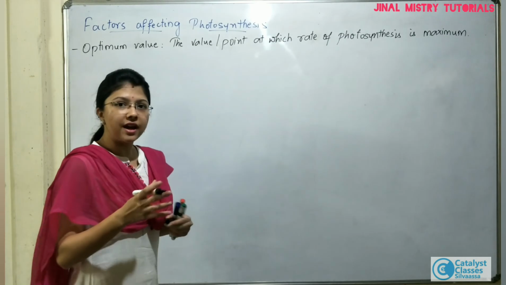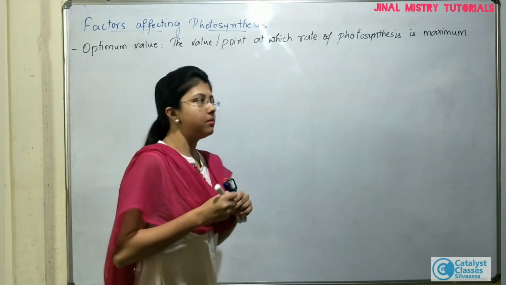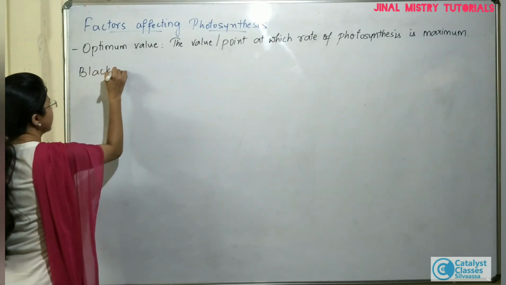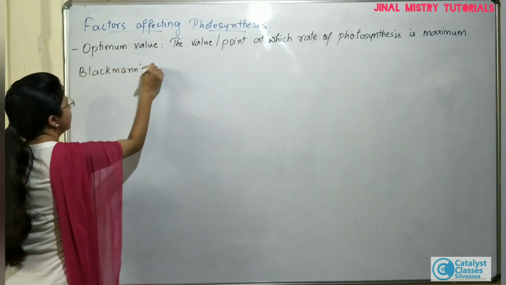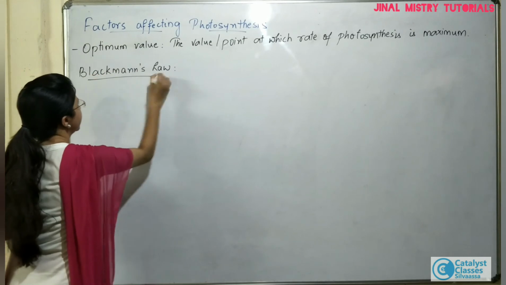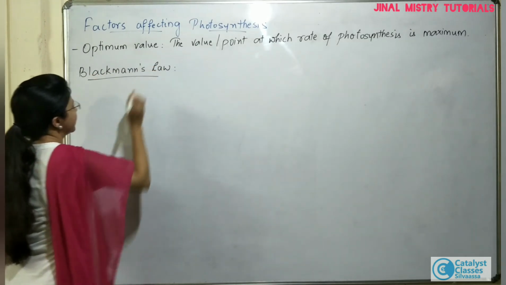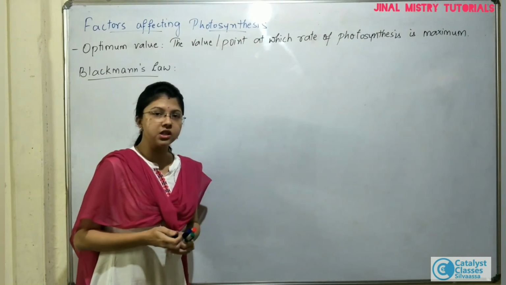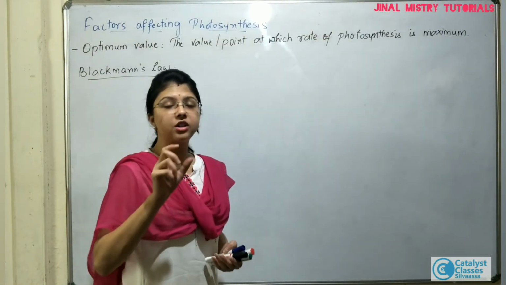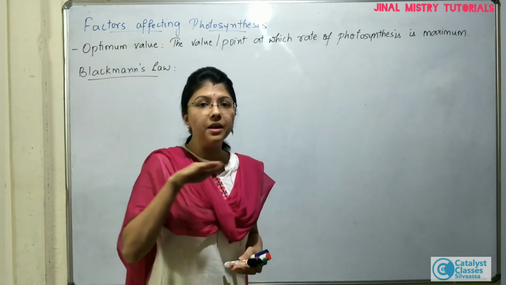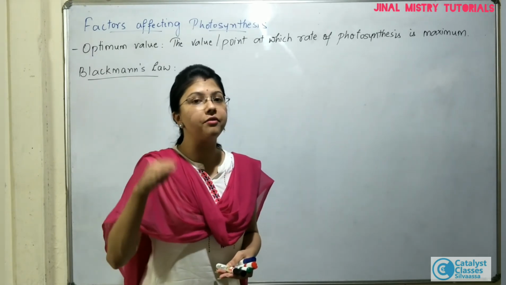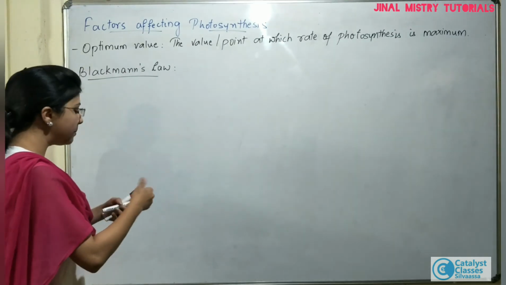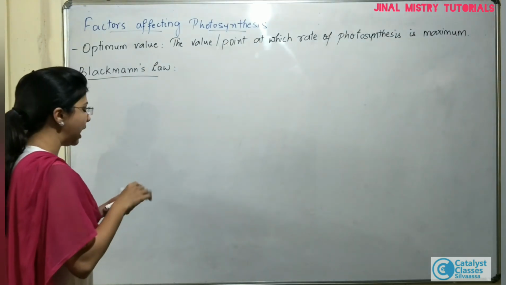Before studying those factors, Blackman was a person who had defined a law. Blackman's law says that whenever there is more than one factor affecting a particular process, only that factor will be considered whose minimum value is going to affect the rate of the process. So to simplify it, Blackman's law can be written as